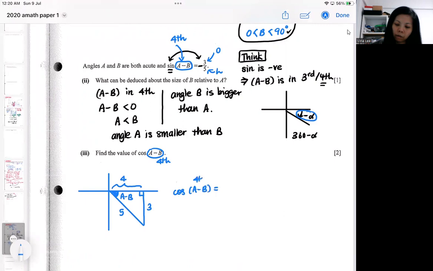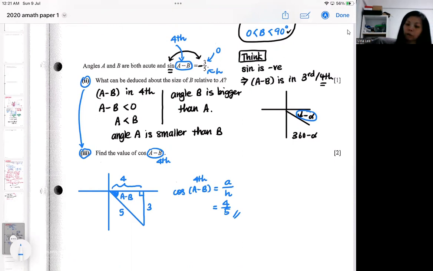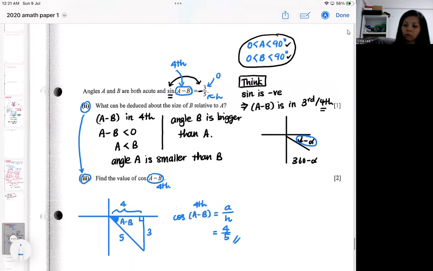So if this is the fourth quadrant, the cosine in the fourth quadrant is positive. So it will be positive A over H. So it will be 4 over 5. So this is actually helping you with this. You need to decide that it's the fourth quadrant, then you can draw a triangle based on the fourth quadrant, and your ASTC is based on the fourth quadrant. Okay, so after this,